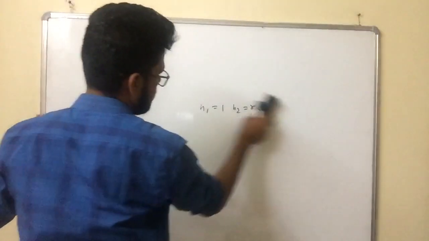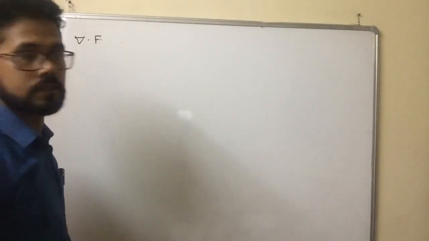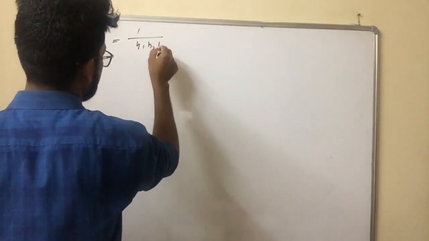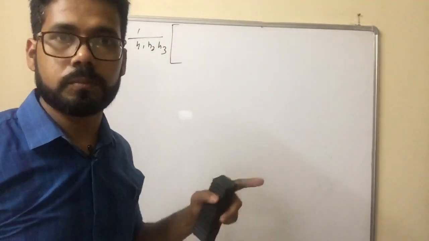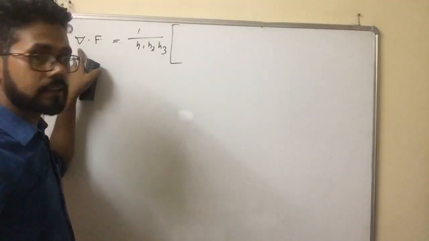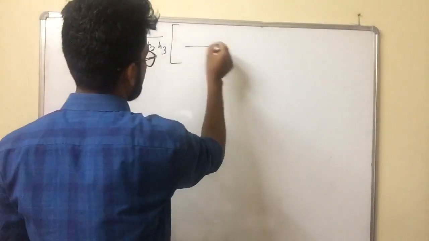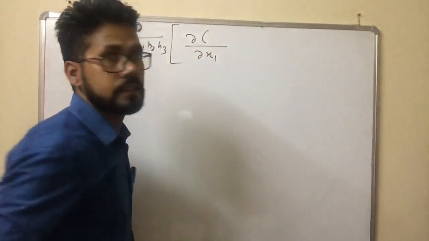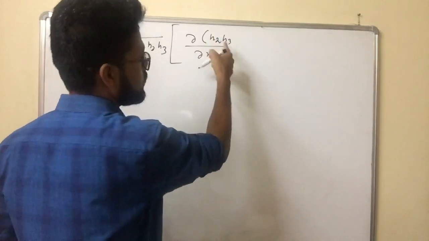So this is for the gradient, and now the divergence. What is the general formula of divergence? It is very easy. I am giving you tips with H1, H2, H3. Remember, divergence is a scalar quantity. This is a vector and this is a vector, and the dot product of two vectors always gives a scalar. So for the first term, whenever you consider dx1, there must not be h1,